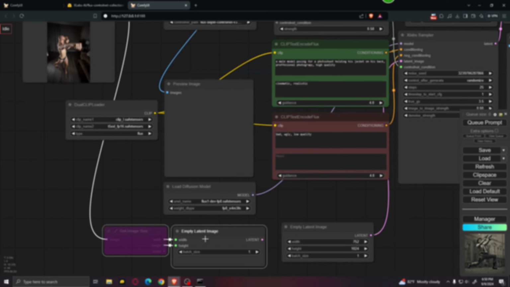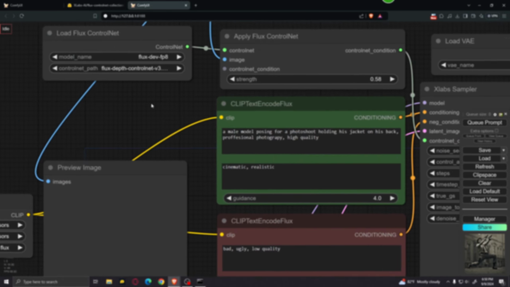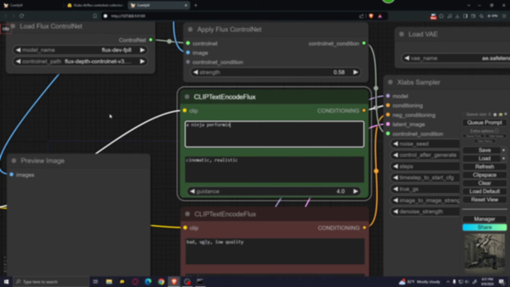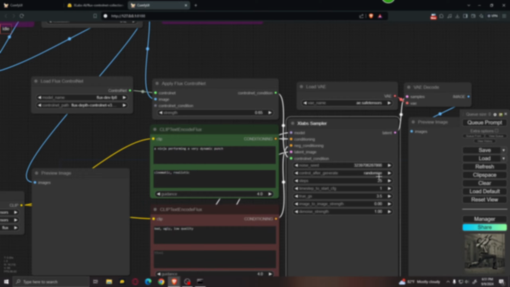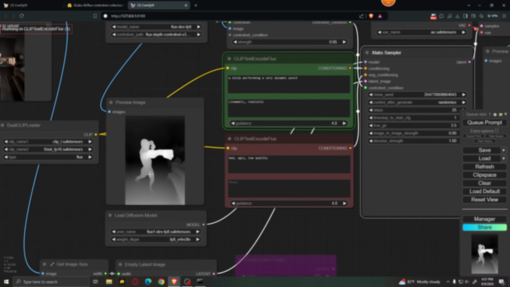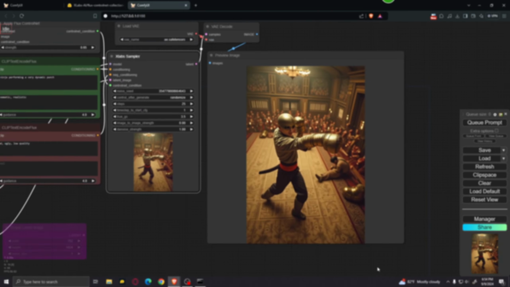I'm not sure when we are going to see other ControlNet models such as OpenPose, but I'll make sure to keep an eye out for that. Until then, let's take a look at what we got over here. I went ahead and generated a couple of images using the 3 ControlNet models, and here you can see the